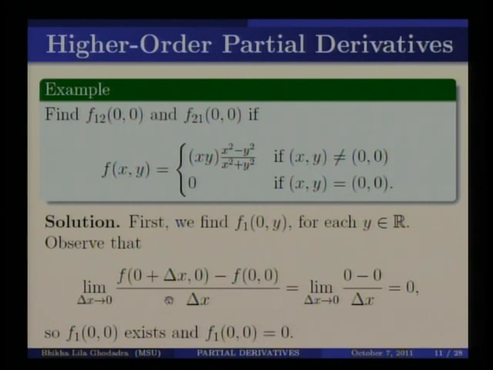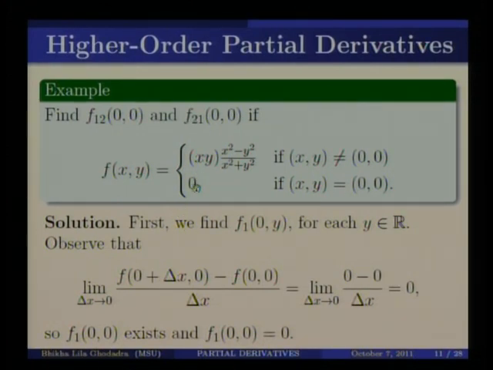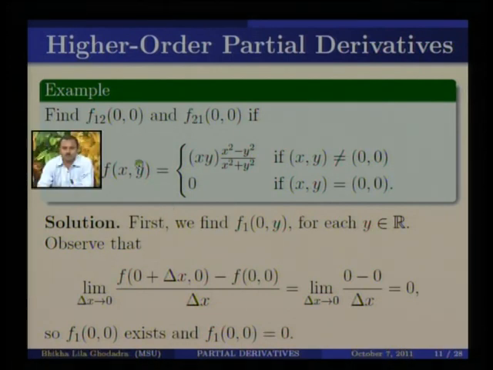That means if we take the first partial derivative with respect to x and then with respect to y, or first with respect to y and then with respect to x, the results are not necessarily the same. Okay, let us see how we can do this. Look at this example. Here we want to find f12 and f21 at 0 0. Before finding the second derivative, let us look at f12, which is the derivative of f1, and f21, which is the derivative of f2 with respect to x.